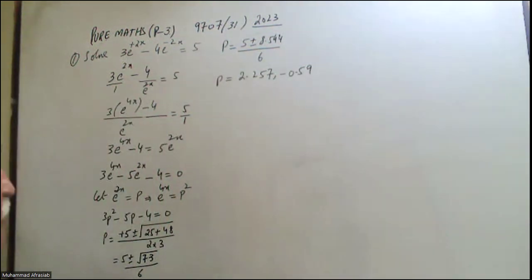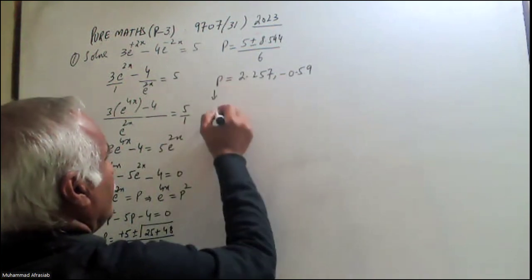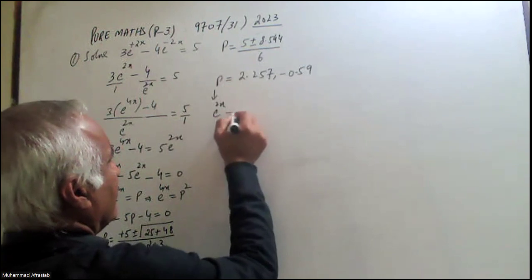But we have supposed p equal to e^(2x), that is equal to